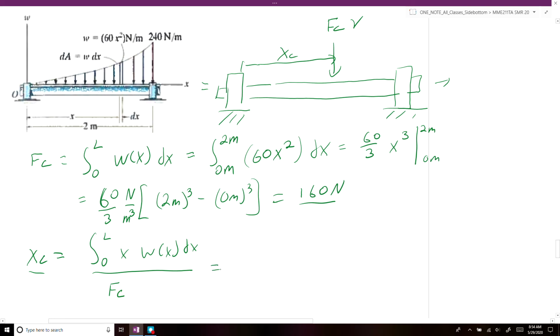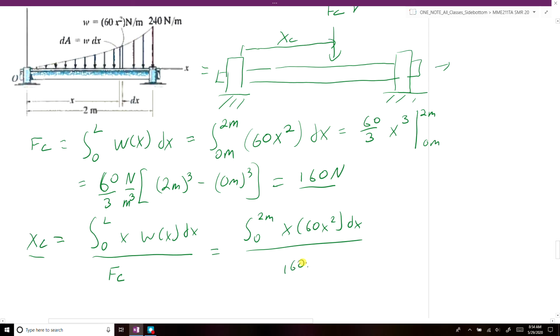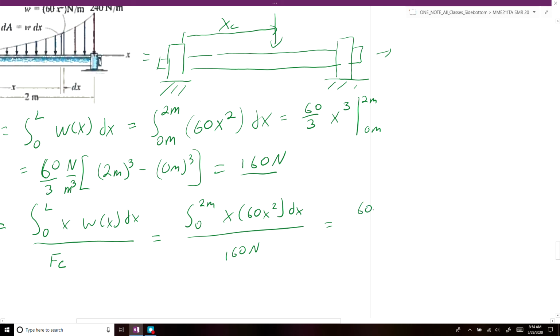So if we do that, we get the integral from 0 to 2 meters of x times 60x squared dx, divided by 160 newtons. If we bring that all out, we get 60 divided by 160, and then we'd integrate from 0 to 2 meters